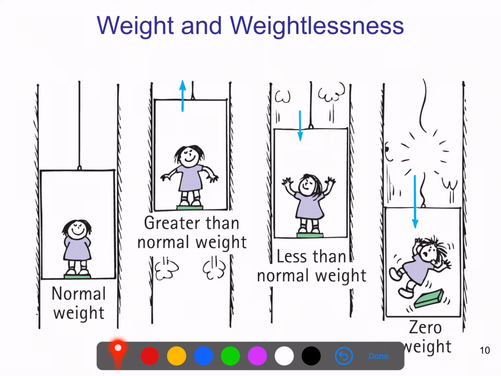You've experienced this to a certain extent in your everyday life. If you get onto an elevator and you're just standing there, you feel like your normal weight. That's because the normal force, or the support force, is exactly balancing the force of gravity on your body, and these two things you experience to be the same, and you feel your actual weight. But once the elevator starts moving, in that initial moment where it's starting to accelerate, say up, then you sort of feel heavier, right? And you've probably all experienced this sensation when the elevator starts to move and accelerate upwards. That's because now you've got another kind of acceleration on your body.